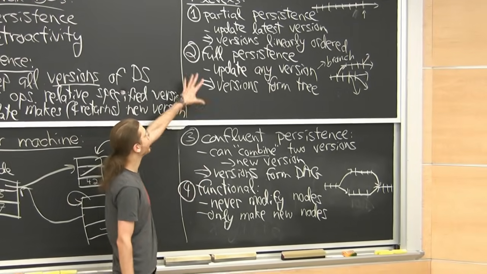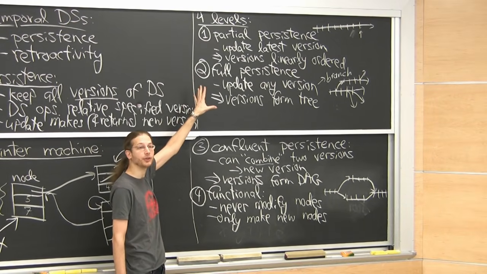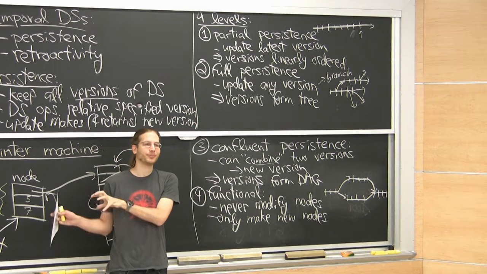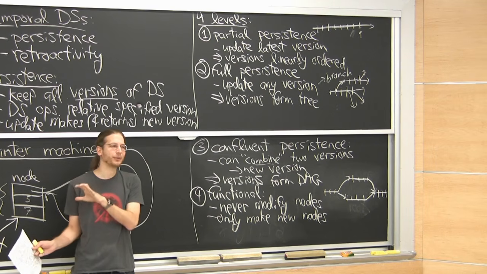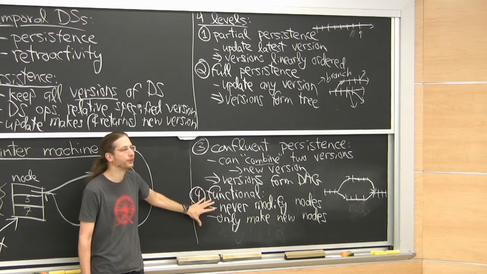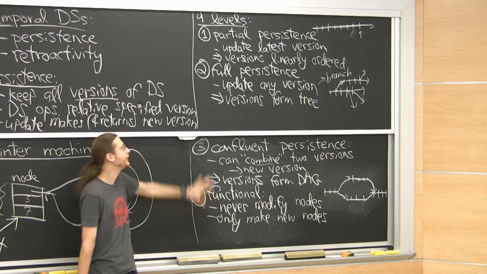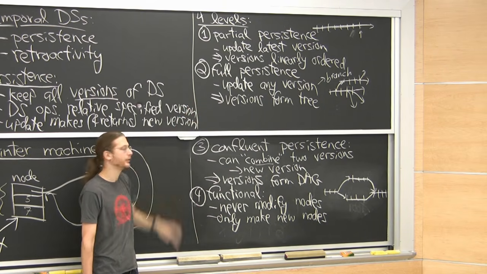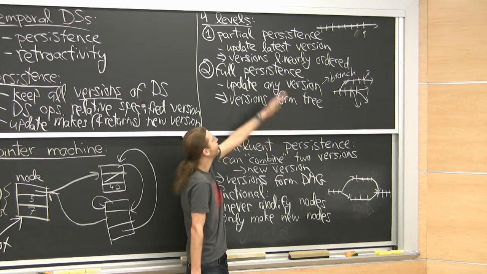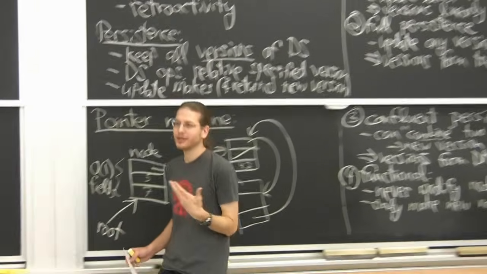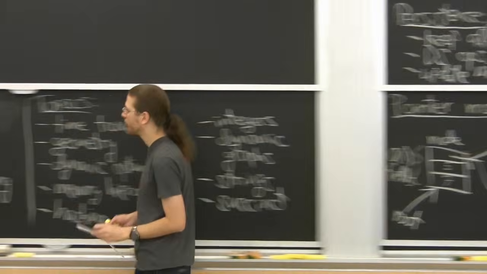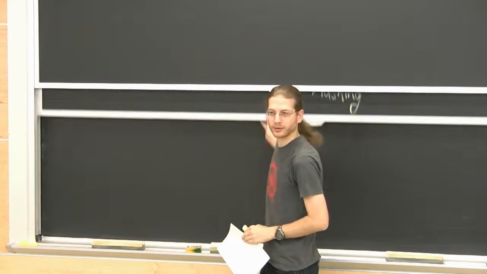You'll see in a moment how we actually implement partial and full persistence. We're going to be changing nodes a lot. As long as we still represent the same data in the old versions, we don't have to represent it in the same way. That lets us do things more efficiently. Whereas in functional, you have to represent all the old versions in exactly the way you used to represent them. Here we can kind of mangle things around and it makes things faster. Yeah, good question. So it seems almost the same, but it's nodes versus versions. I haven't really defined a version, but it's just that all the queries answer the same way. That's what you need for persistence. Other questions? All right.